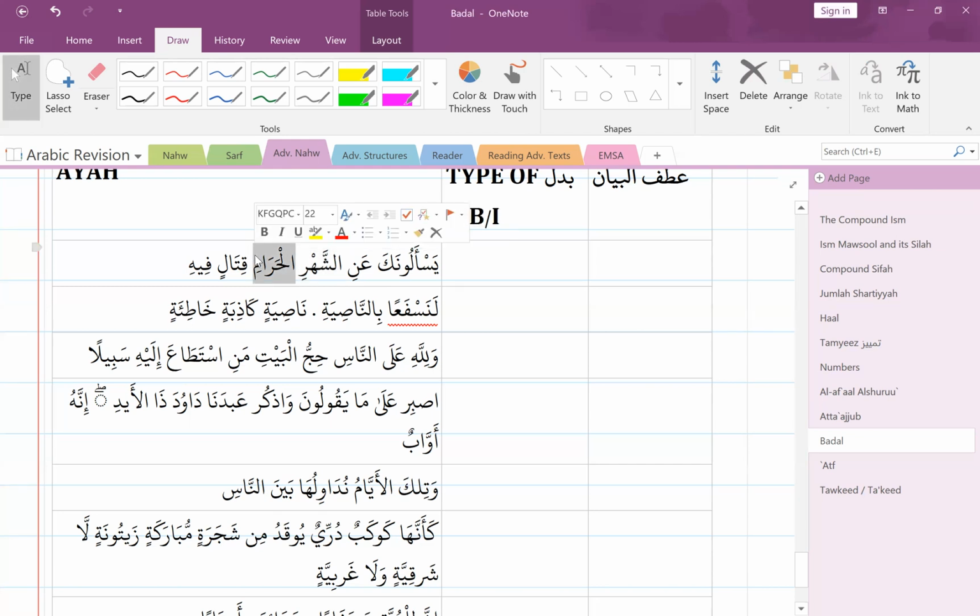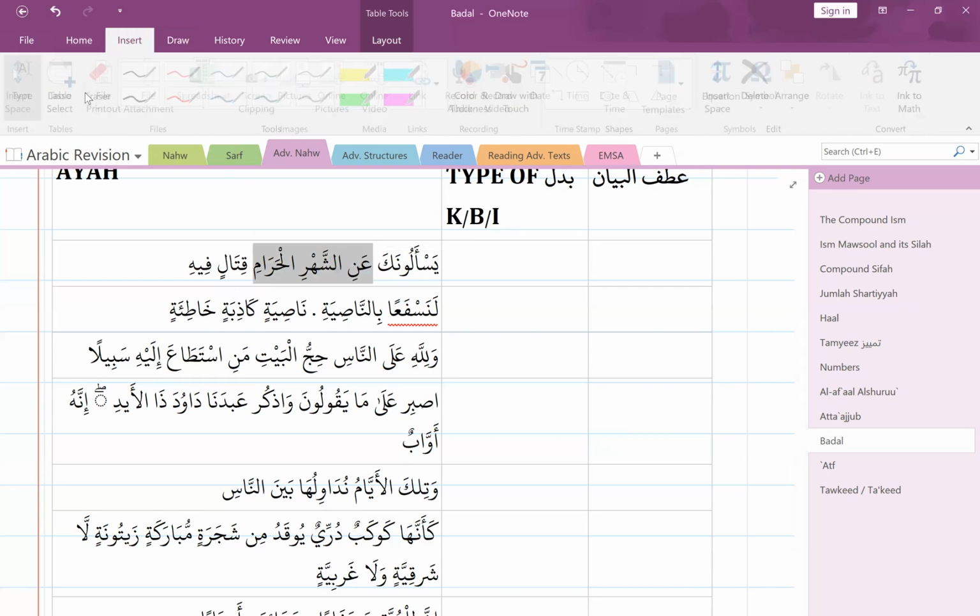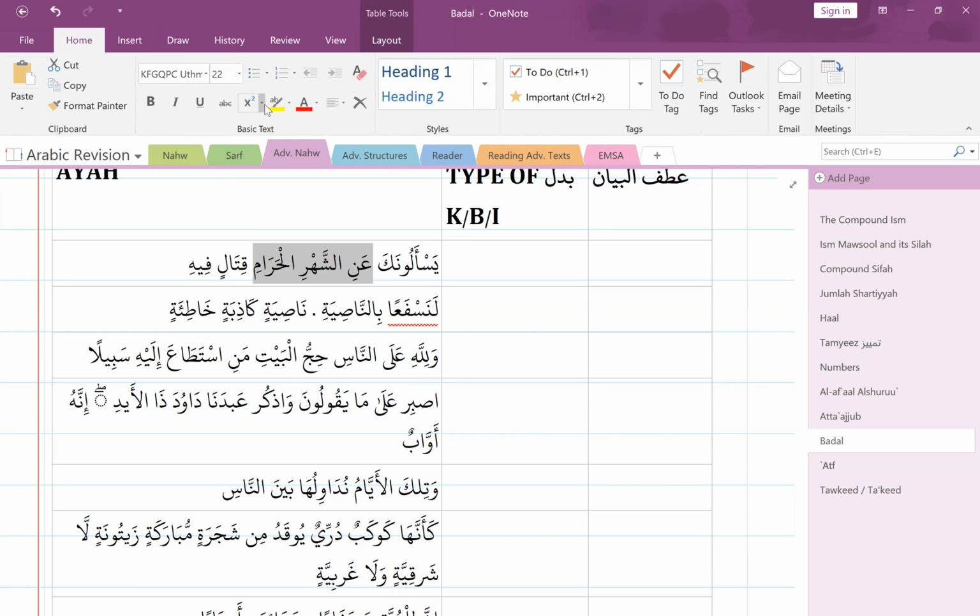What do you see that is very obvious about this too? Both of them are proper, so it's actually mawsuf sifa. There we go. So this whole thing is one whole thing. Jar majroor, then this is the isim majroor, mawsuf sifa. So this whole bucket is one big bucket. Then qitalin. So now that one big bucket is our mubdal minhu, which I'm going to color in red. And then qitalin fihi, now this becomes our badal.